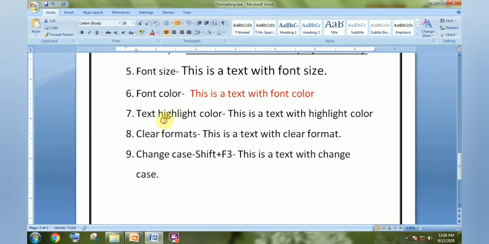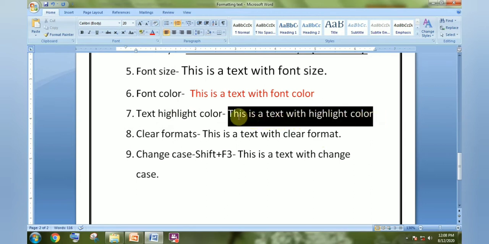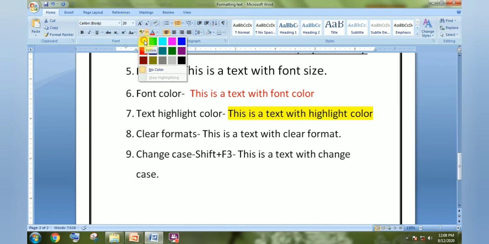The next one is called text highlight color. First of all, if we want to change anything, we have to give a selection. Text highlight color means to color something in the background that is considered important, like let's say name, address, phone number, age. So first of all we have to select, and this is your text highlight color, and we can give a color. When we click highlight color, the color will be applied in the background.